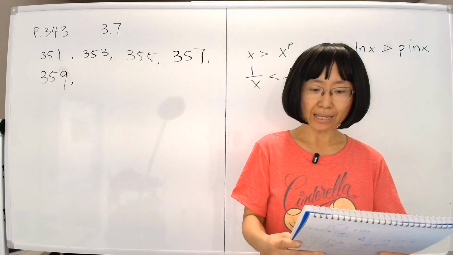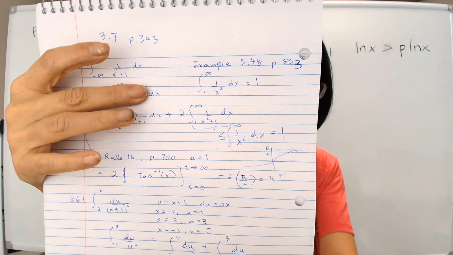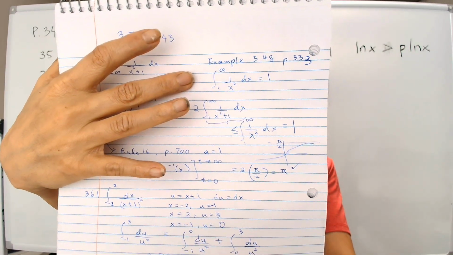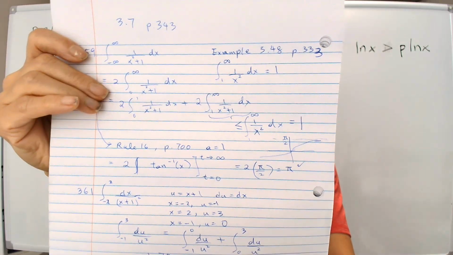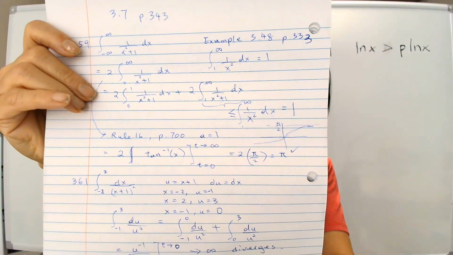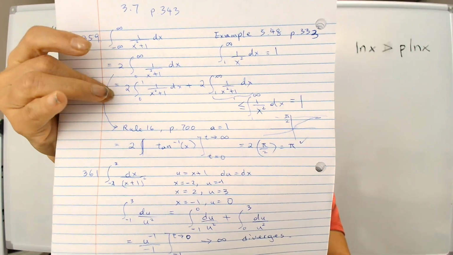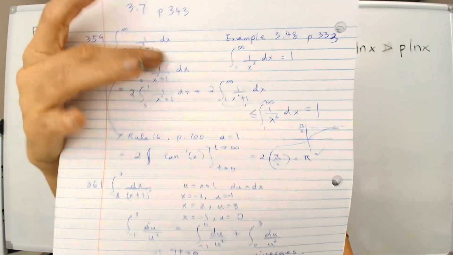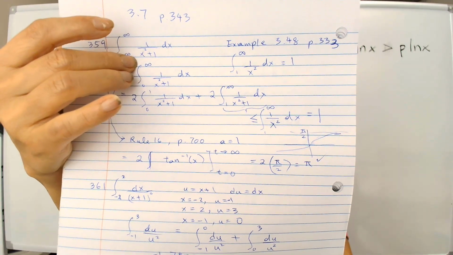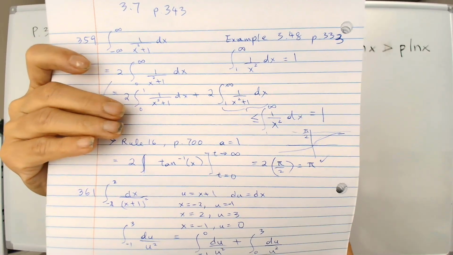example 3.48, where we already did this particular improper integral. I guess I wrote it down here. I guess we need this, right? This particular integral is equal to 1. Maybe we don't need that information, but I think we do. Because we're only comparing here, we don't necessarily have to calculate what this thing is. Being that we know that, we also know that this fraction, whose denominator is slightly bigger, means the fraction itself is slightly smaller than this thing, which means that,